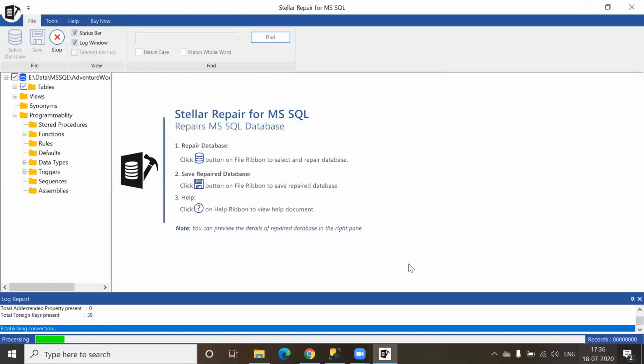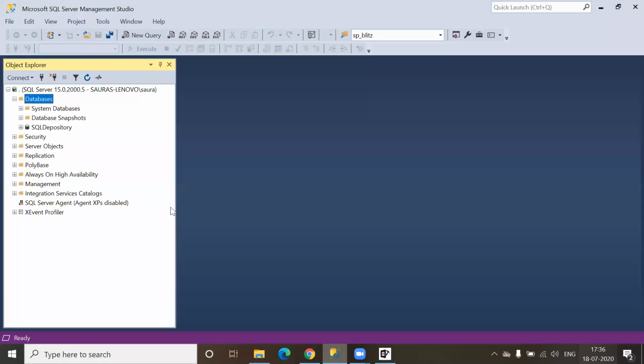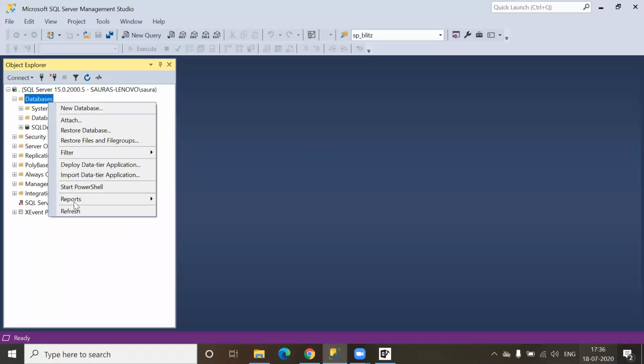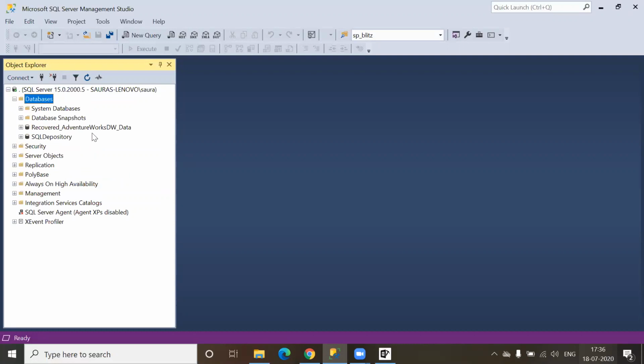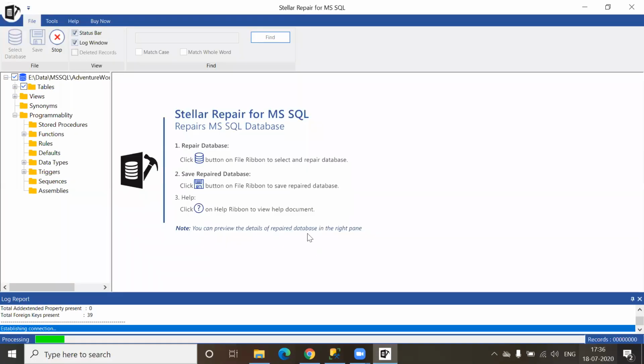So I'm going to pause this video, and once the database is saved, I'll resume the video. But before pausing it, let me go ahead and refresh the databases here. Okay, now you can see recovered AdventureWorks DW_data. This is still under process, creating the tables and dumping the data inside this database.